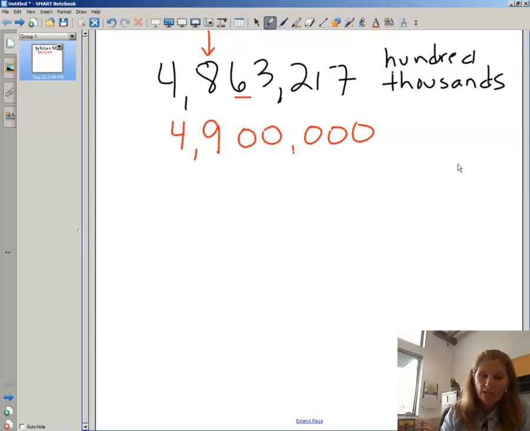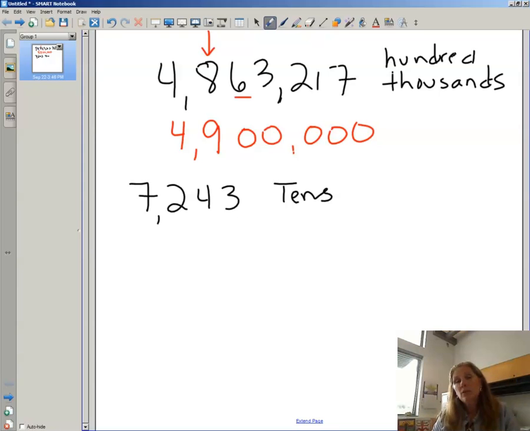They don't all have to be that big for us to round them. Let's say I have 7,243, and I ask you to round that one to the tens place. If you're rounding to the tens, what number would that be? Well, the tens is the 4. That's the tens place. So now, to decide if we go up or stay the same, we'll look one